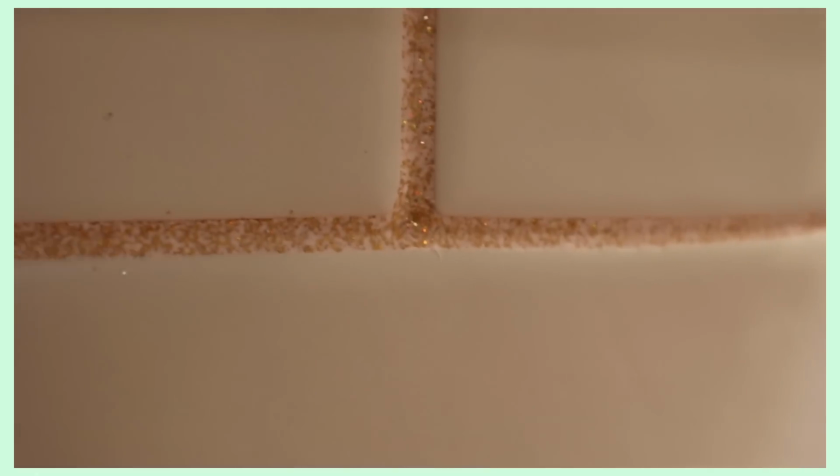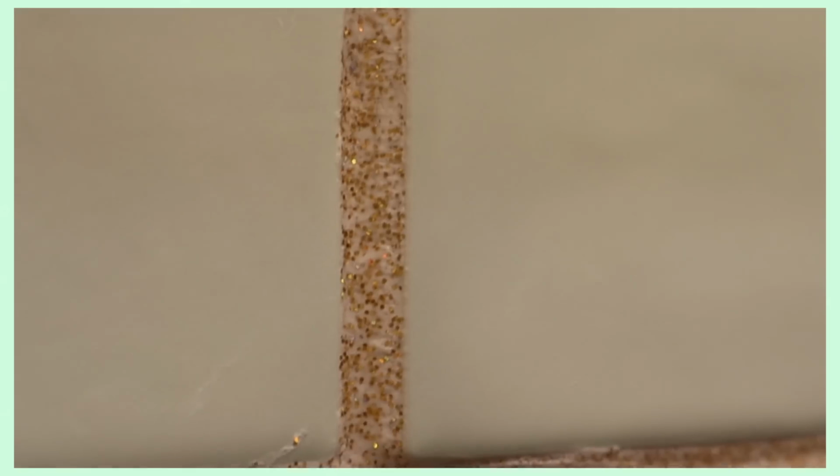My expectations were so high, I really thought we had figured it out. We didn't. It is glitter grout. It looks good. It's like chunky glitter in a white base, which is very similar to our first try, but this time it's so chunky that you can actually see it. So I guess it's a success, but it's also half failure because it wasn't